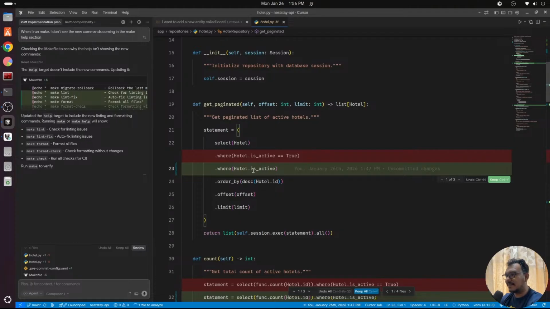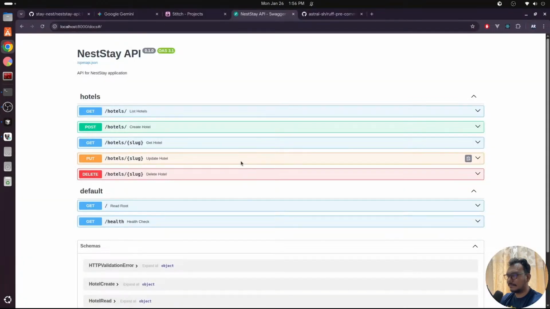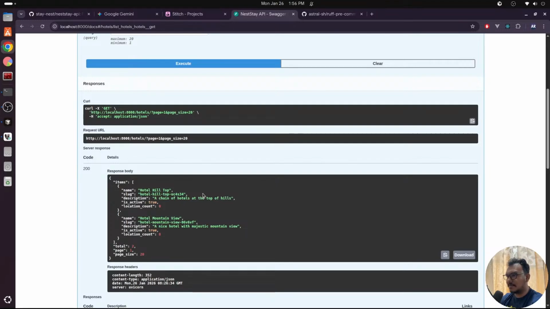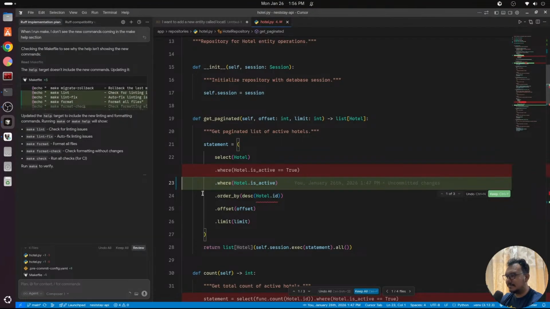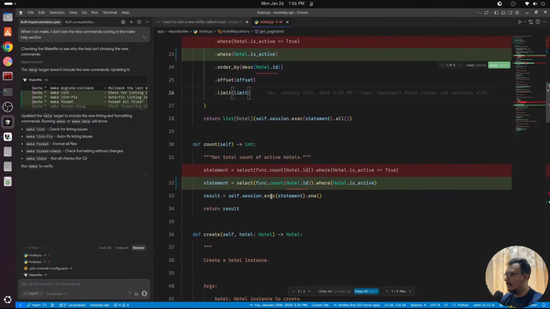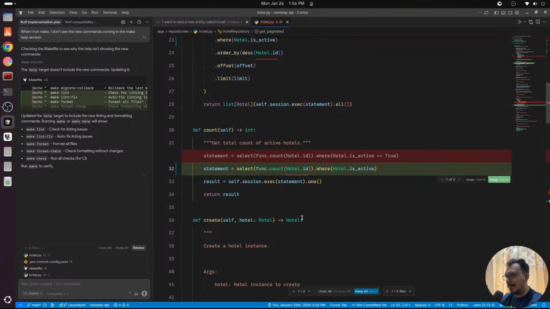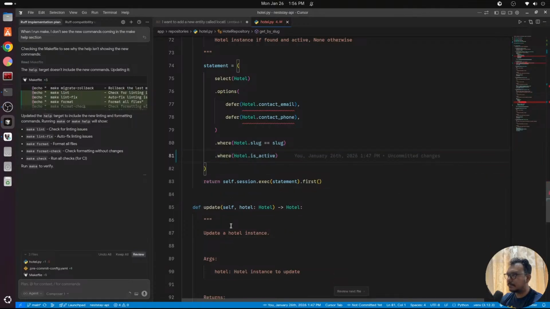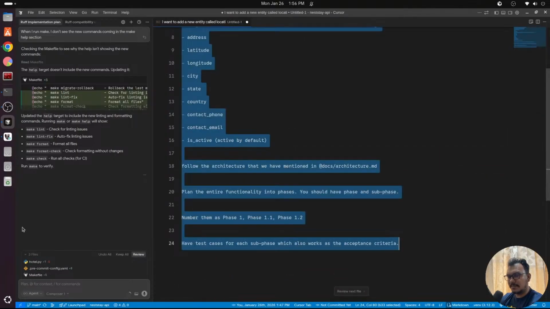This is inside get paginated. So okay, it does work. So we will look at it later. Okay, both those places things have been removed. This is the third one done. Then we have